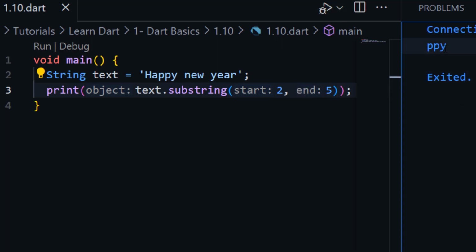Here you can see ppy, right? I hope you got the difference. This is the use of substring. Now if I want to print only this happy, right,